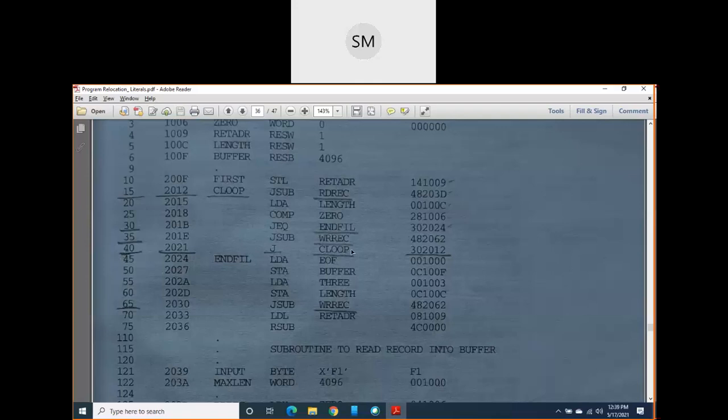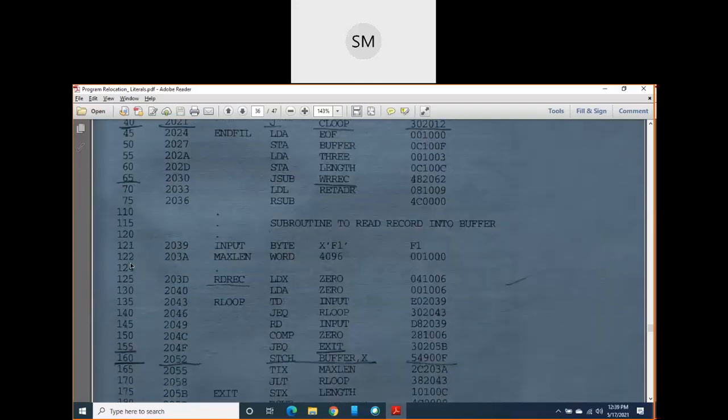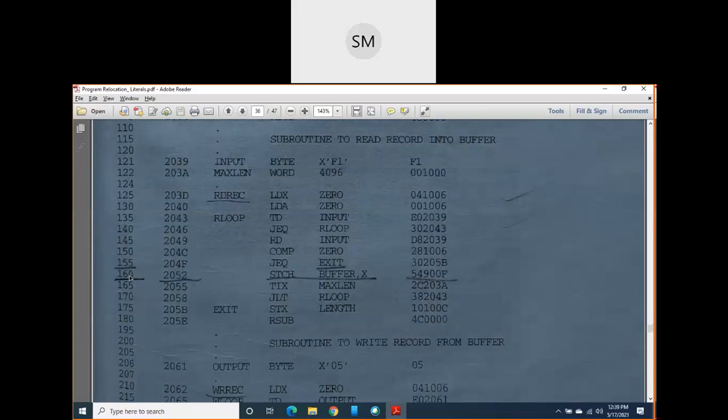Now when you come to the line immediately after line number 40, the next line is line number 45, and we scan almost up to line number 160. For this we have one more diagram, which is the continuation of the previous diagram.